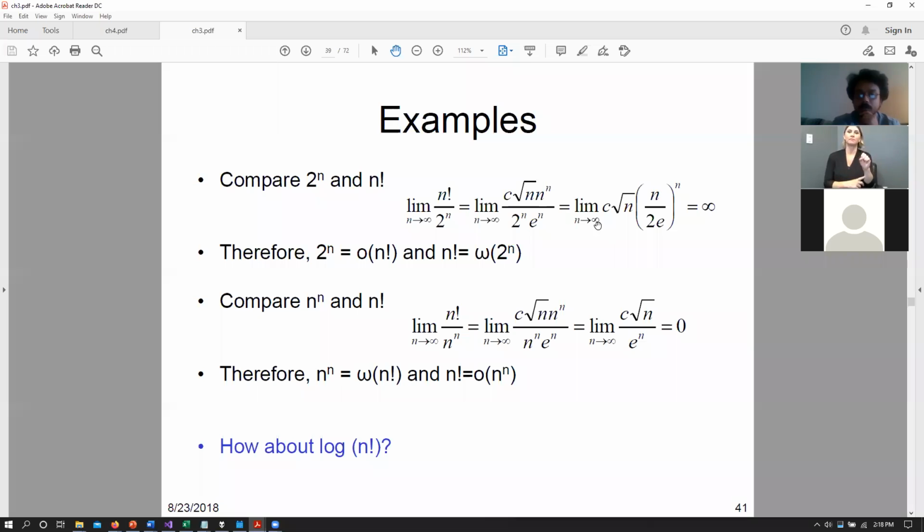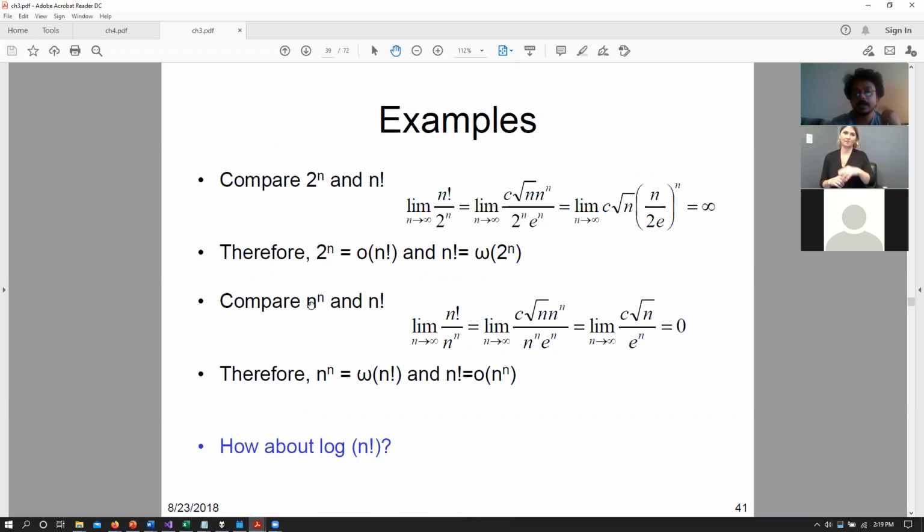Okay. Now, when we have this, we can derive this particular equation using limits by just saying that we have n raised to the power of n divided by 2e, all overall raised to the power of n, and then we have c times square root of n. And we see that this tends to infinity, and that means that n factorial grows much faster than exponential functions such as 2 to the power of n. The other end also applies, that n factorial is lower bounded by 2 to the power of n, right?